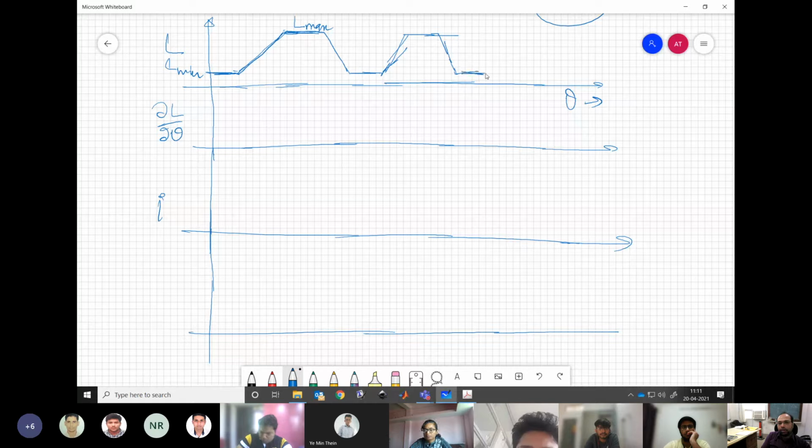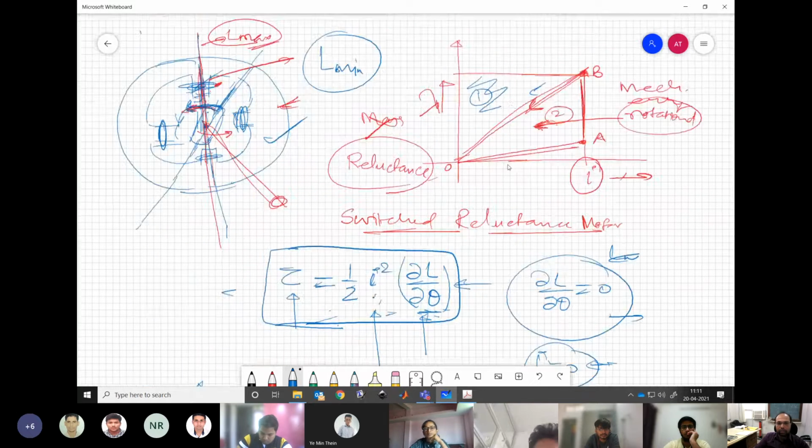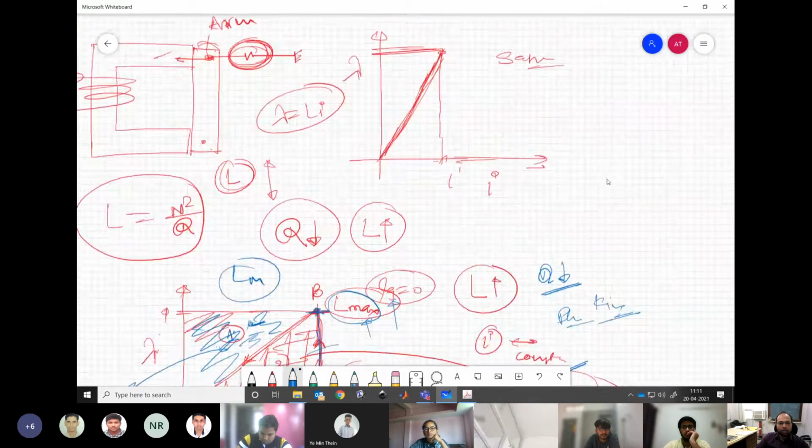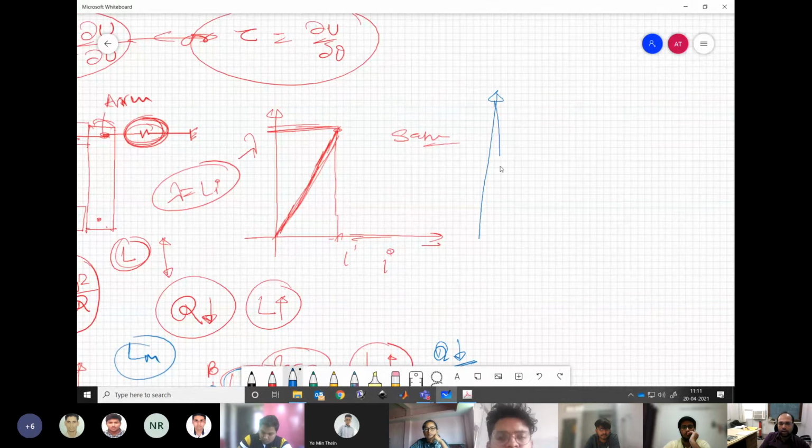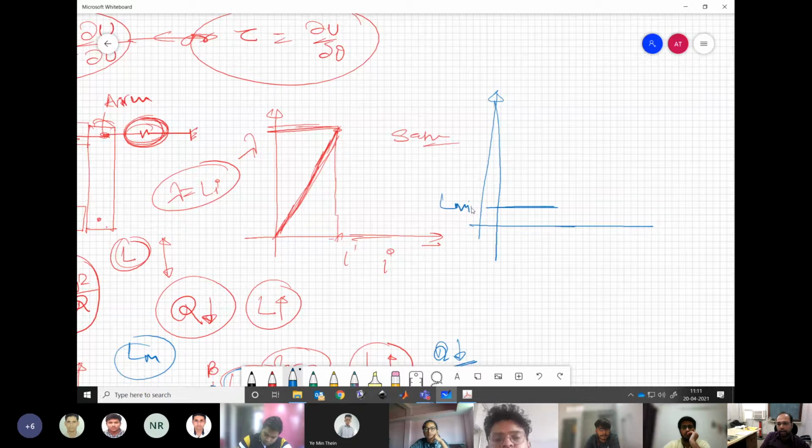This point is clear, right? There is no confusion in this. Because of continuous rotation, maybe just to give an analogy with the first example which we saw, here our L has only two positions. It will be at L min, and once you excite it, it will go and get fixed to L max. So there you need to pull it back to bring it back to this L minimum position.